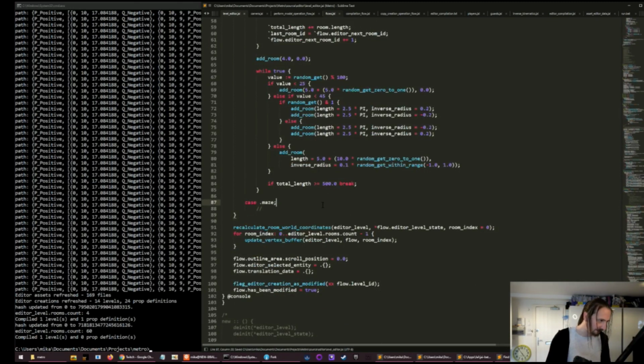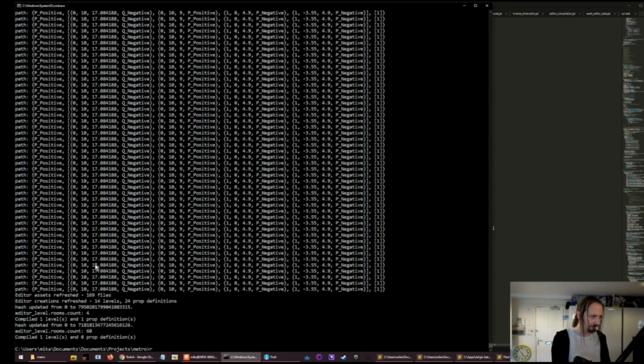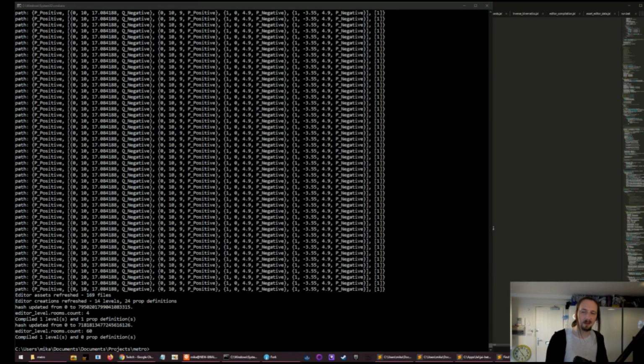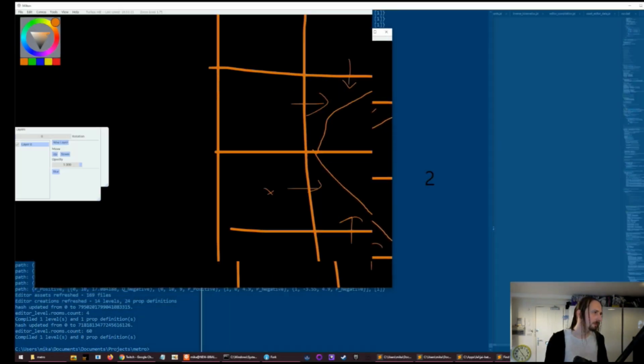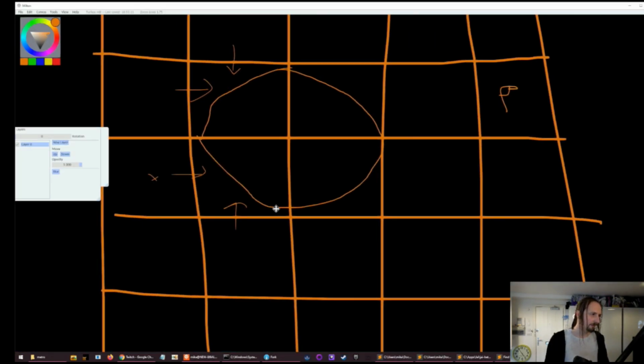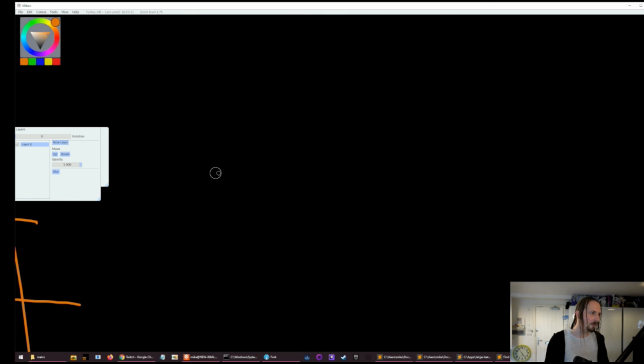Okay, I want to do it. What algorithm do we want to use for generating a maze? This is a bit of a detour, but I'm in the mood for a detour. So,